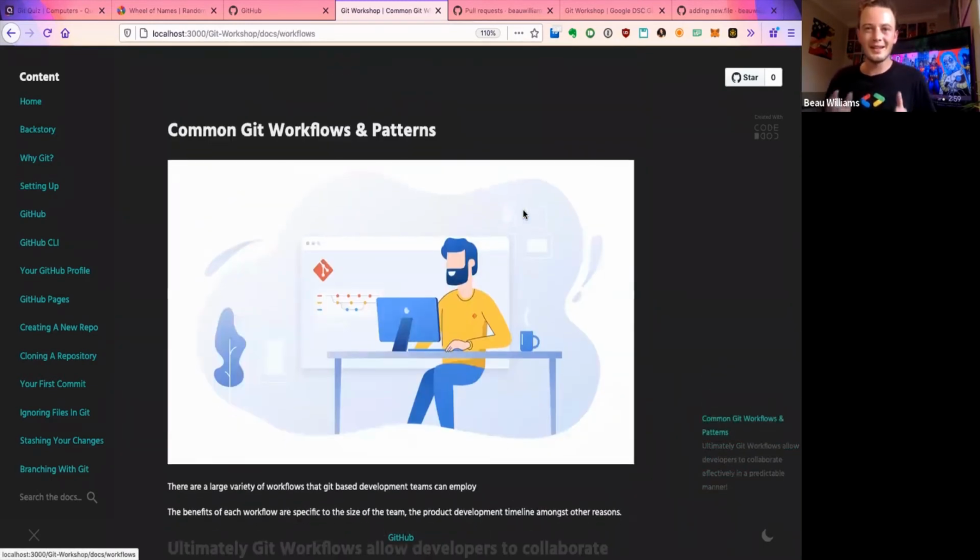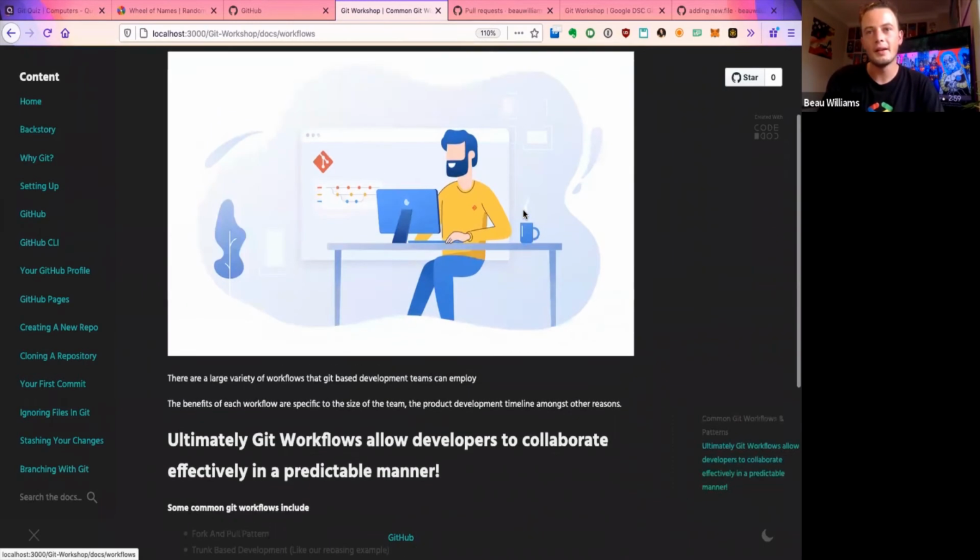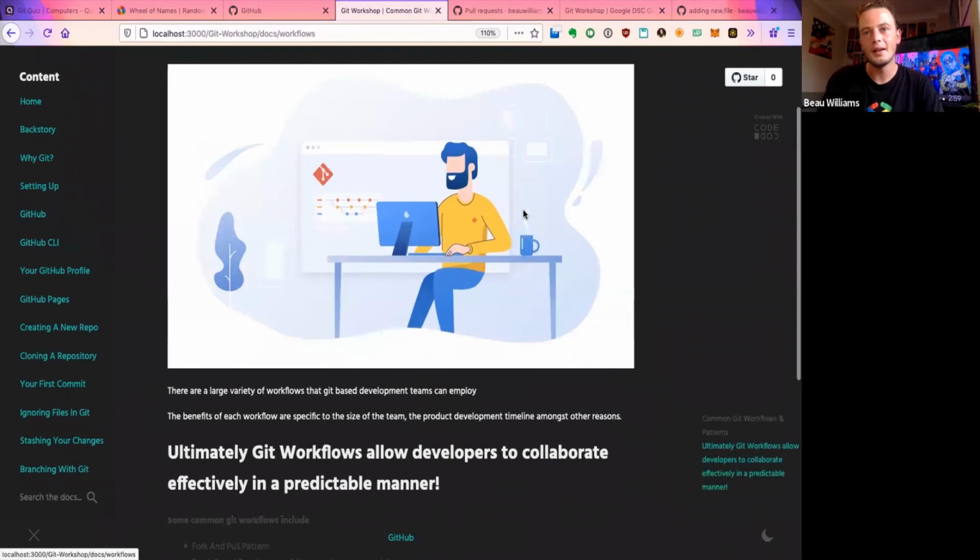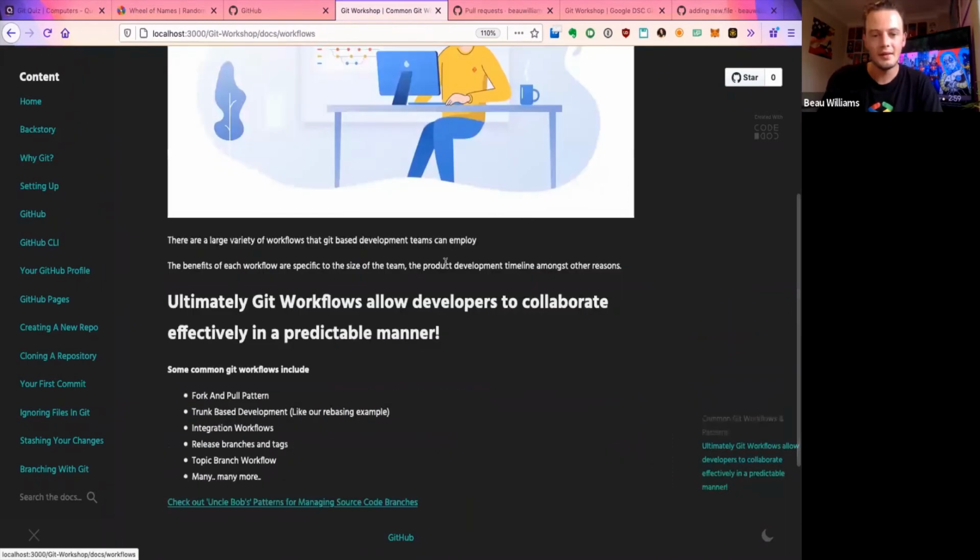The other thing about Git and why it's so popular is that it enables many different workflows and patterns. The one that I want to show is the fork pattern, but there's a whole bunch of other ones, such as trunk-based development, like I mentioned before, integration workflows.